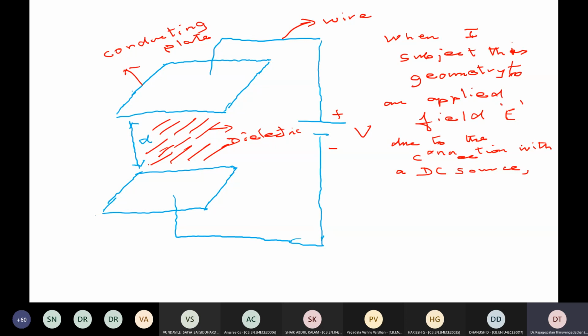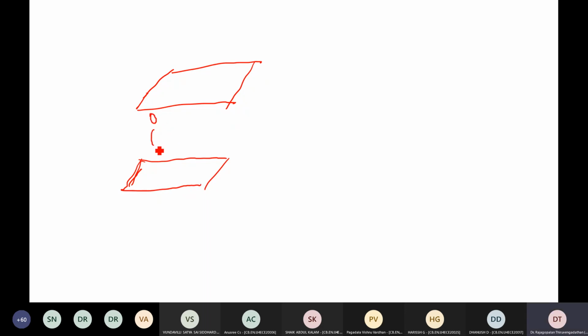So the positive charge is here, the negative is here. So what is going to happen? We'll see that. If I were to draw in a separate picture, I will have something like this. So these are the two plates. Now each of the dipoles I can draw like this. I will draw some representatives of the dipole.